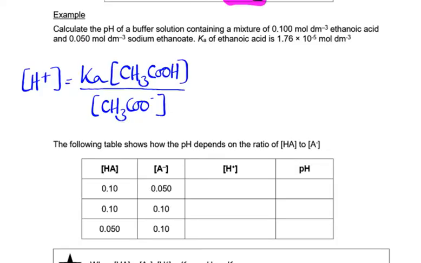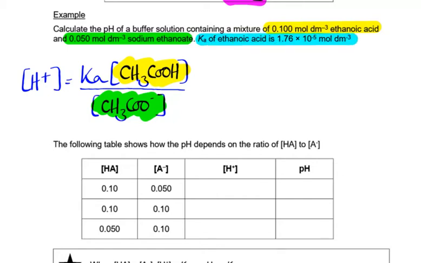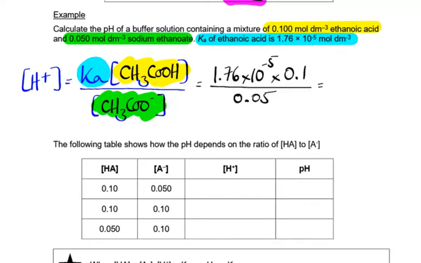In our first example calculation, we need to work out the pH of a buffer. We're given everything we need, so we have the concentration of ethanoic acid, so that's 0.1. We have the concentration of the sodium ethanoate, which is 0.05, and we've been given the Ka for ethanoic acid, which is that. So we just need to put these numbers into that equation, and if you've done that, hopefully we get